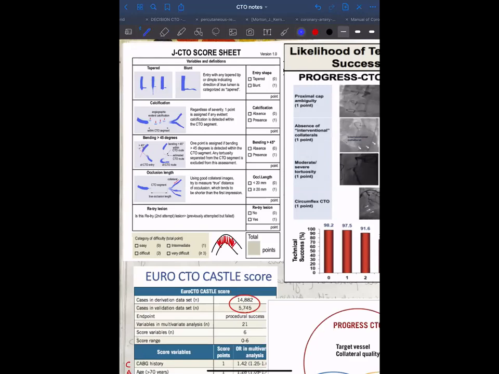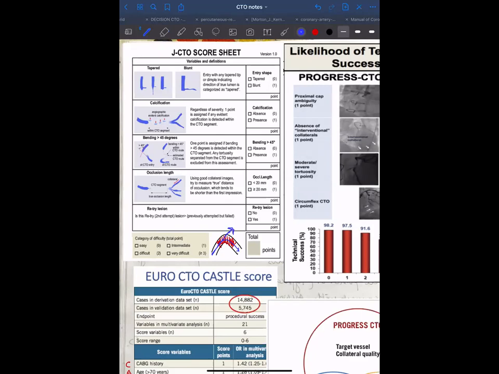So when you're crossing it, it will be difficult for us to cross into the bend if you have a bend more than 45 degrees. So the wire has a higher chance of perforation if you push it or torque it, because there is no channel here, it has a higher tendency to take a route along the tangent. So the complications are higher.